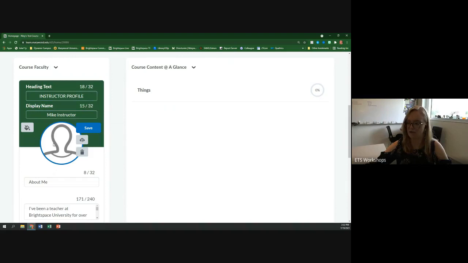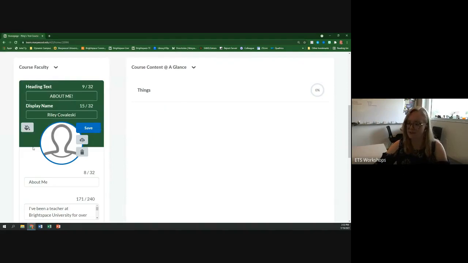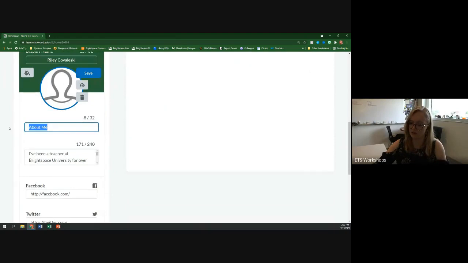And you can edit pretty much everything here. So if you don't want it to say instructor profile, you can say something like about me, and then put your name in here. You can also put your picture. You would just click that little cloud icon and it gives you the option to look at your pictures, though I have nothing but screenshots, which is not very nice. So I won't put a picture in, but you can go on down here and change your little thing,